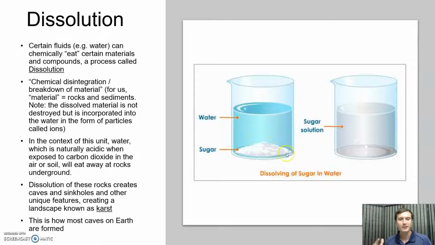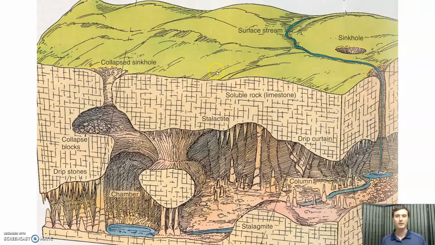Well, over time, it looks like the sugar or the salt starts to disappear into the water, right? The water starts to disintegrate it, breaks it down into these particles called ions, and then holds it between the water molecules. So, in this example, what happened to the sugar whenever it gets dissolved? Well, it doesn't disappear from existence. Instead, it's still bound up as little particles in between the water molecules. So there are other ways that caves can form, but here's what we're going to think about to start our